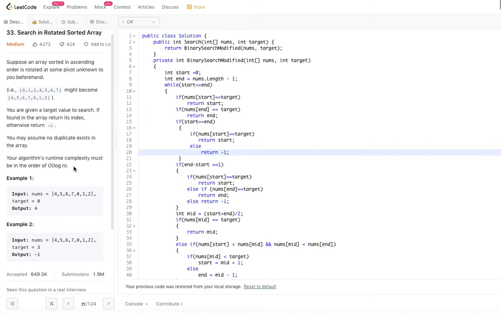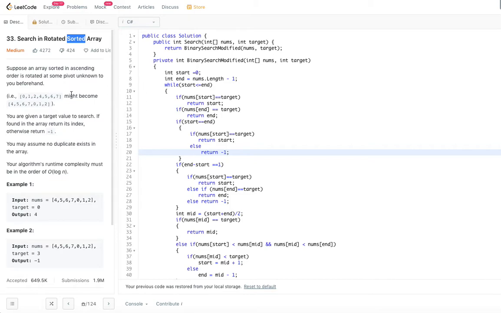If you want to search something in a sorted array, in an unsorted array probably you cannot do log n, but since it is a sorted array, it is sorted and rotated. Even though it is rotated, in some way it is sorted. The only thing you don't know is where that rotation happened. Since it is a sorted one and you have to give the answer in log n time, you could use a method called binary search. Binary search time complexity is log n.